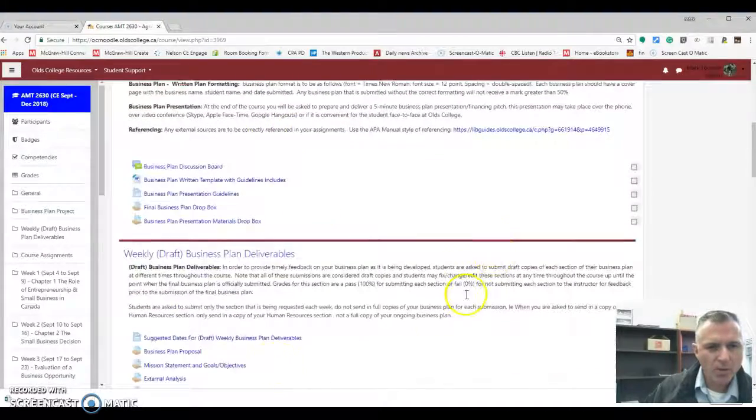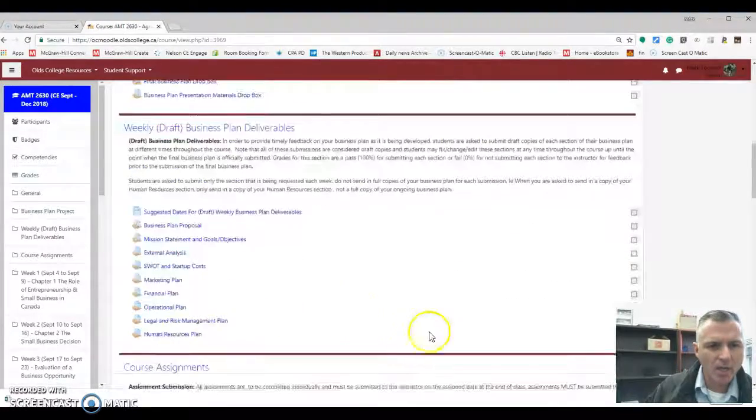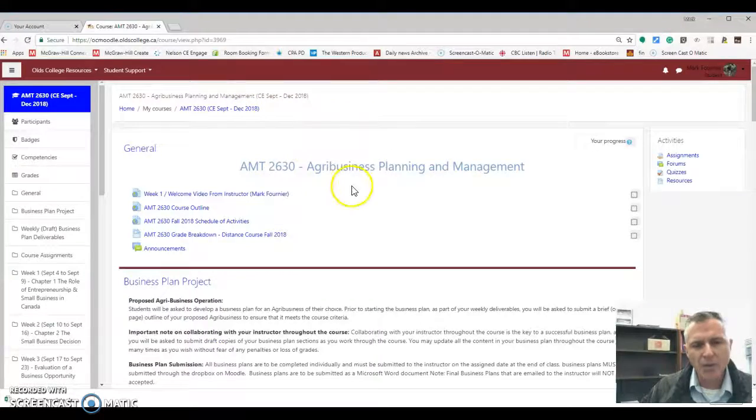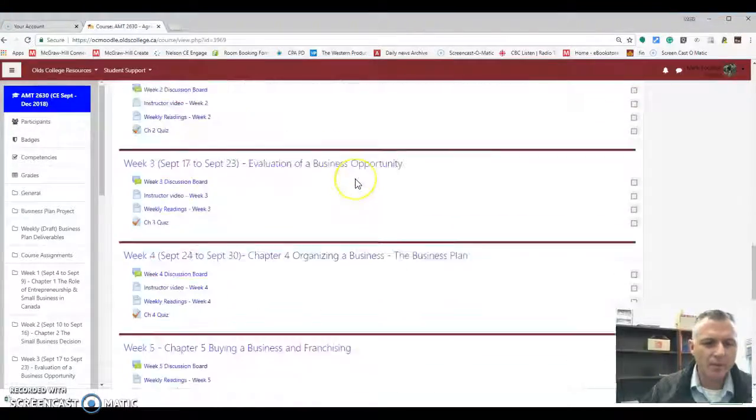And so I'm going to take a few minutes here and just go over your deliverables for this particular week. So you'll notice that this week we're continuing on with your external analysis to do a SWOT, and now looking at your startup costs and the basic underlying financial plan that you're going to be putting together for me. So if we go back to the Moodle site, if you scroll down to week number 6,